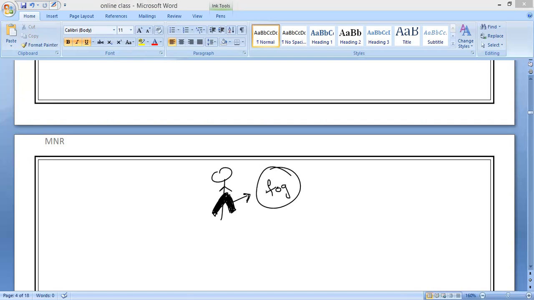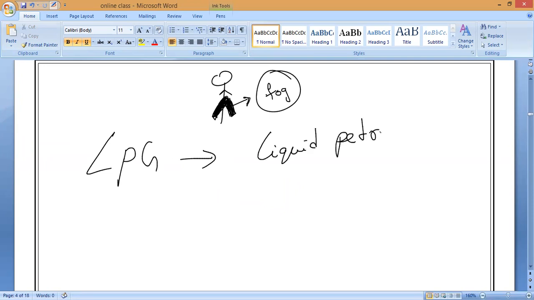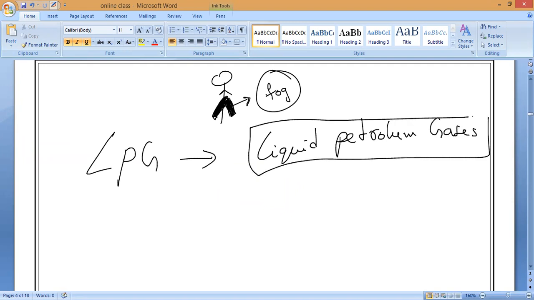Understand? Same way you can see the leakage of cooking gas. What is the gas you are using in our home? LPG cylinder. LPG gas. What is that LPG gas? Liquefied Petroleum Gas. So now, does it have any smell or not? Suppose in our home gas is leaking. Will you get the smell or not? Yes or no, guys? Yes, sir. You get the smell? But LPG is an odorless gas. That is, no smell.